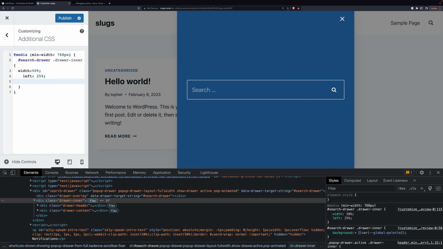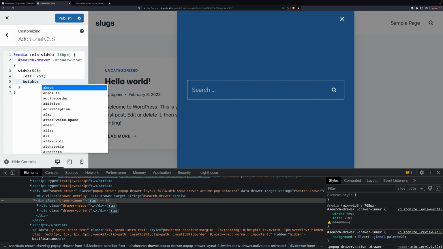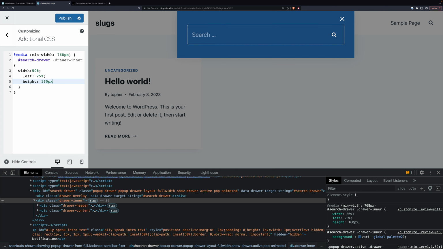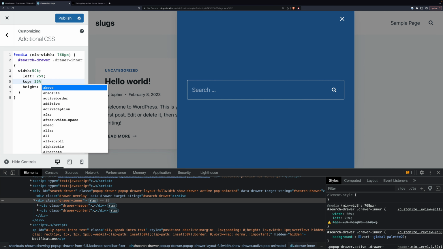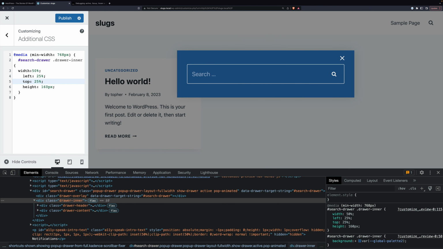I also like the height to be 160px. And then I don't want it stuck to the top, so I'm going to put top 25%. And of course, you can adjust any of these values as you see fit to make them match anything you want. If you don't like 160, make it 260. It's your site.